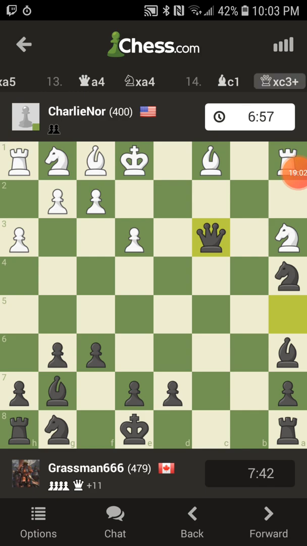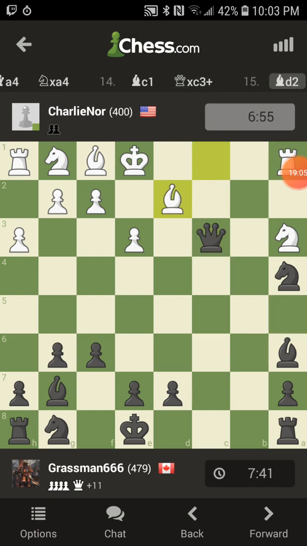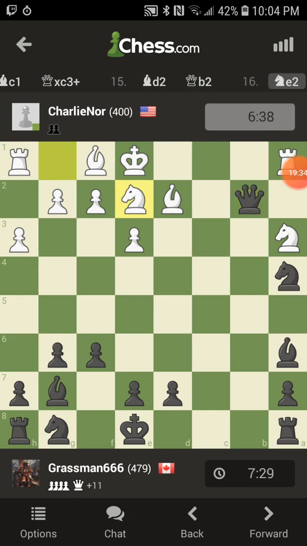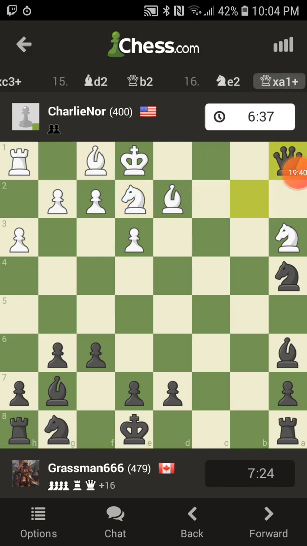I'm up 11. I have 3 of his pieces pinned. He is in check here. That was good. I don't have a way to cover it. Sorry about the serpent. He has a couple pieces to throw in the way. He can't move the knight. And if he moves the bishop...